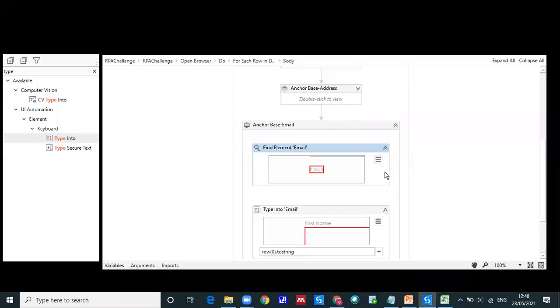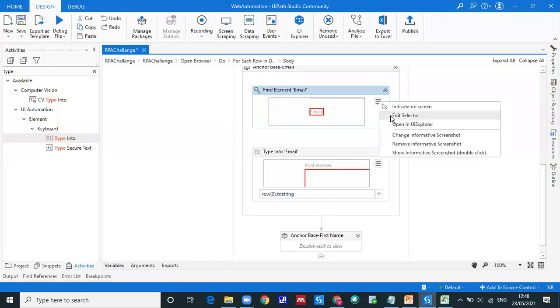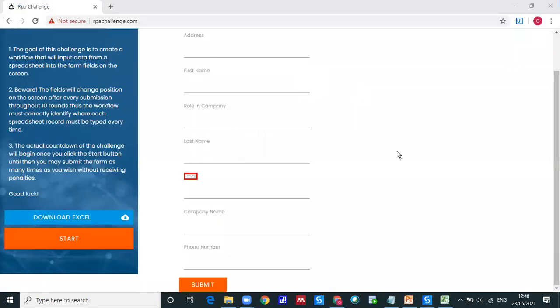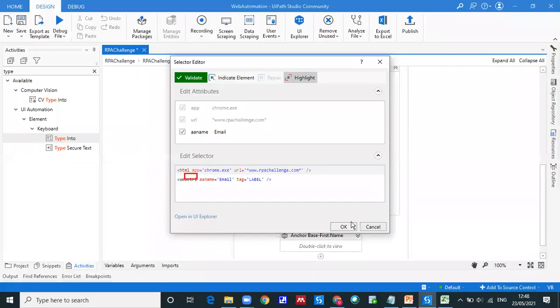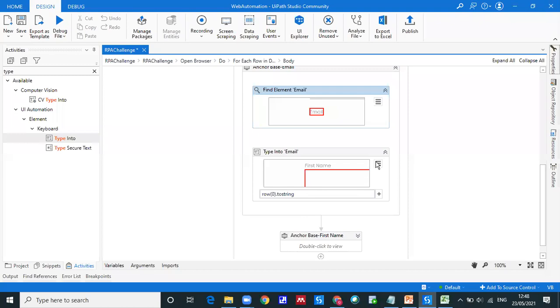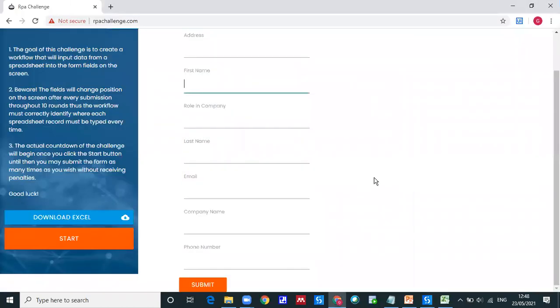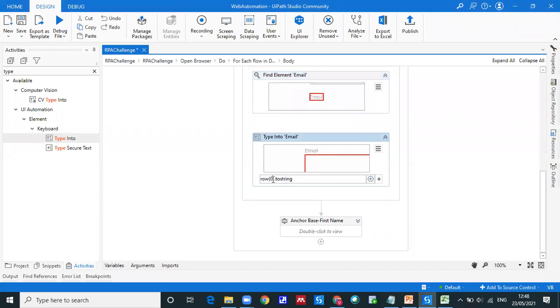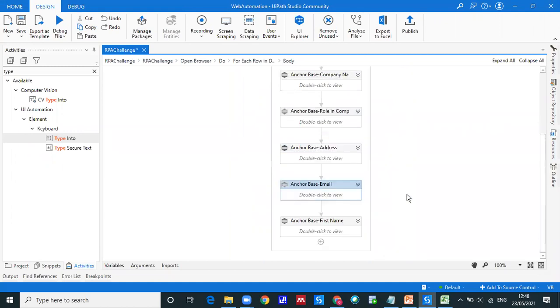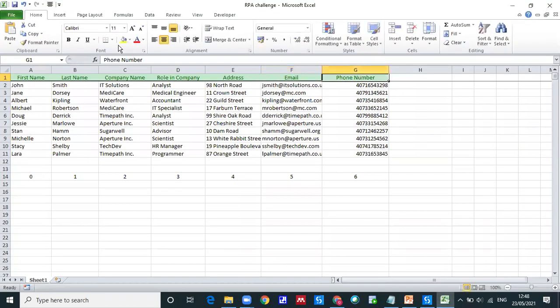Email, check this, please. Indicating correctly. Indicate on screen, email is the fifth one. I think we are left with one more, the last. So that is the phone number.